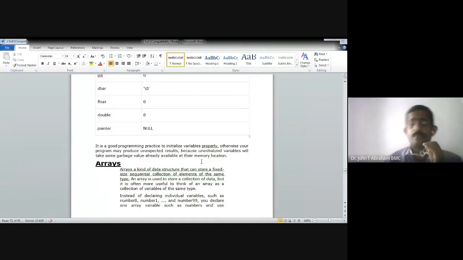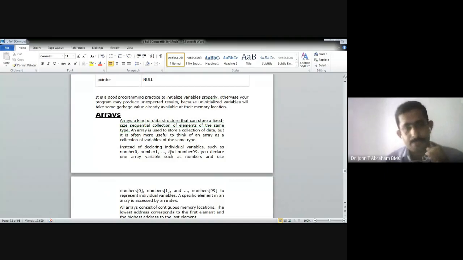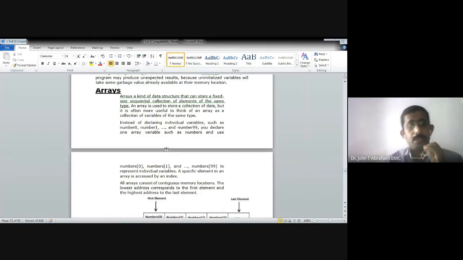Okay. Now, another important concept of the C language we are going to see: arrays. So what is an array? What is a variable, we have seen? A variable is a memory location which will contain a value. Suppose there is a set of variables, a consecutive set of memory locations, which will contain similar values.